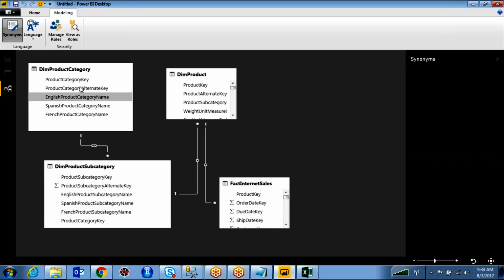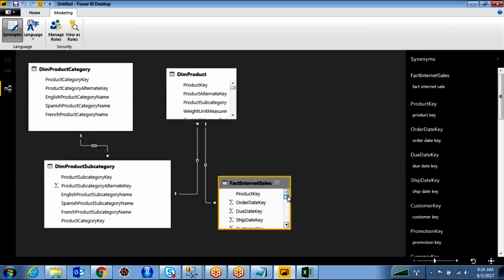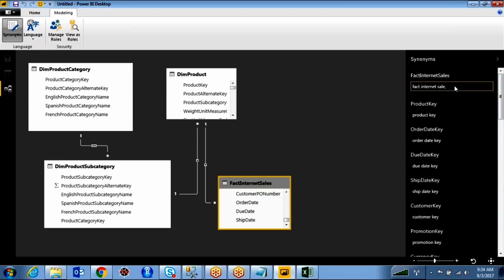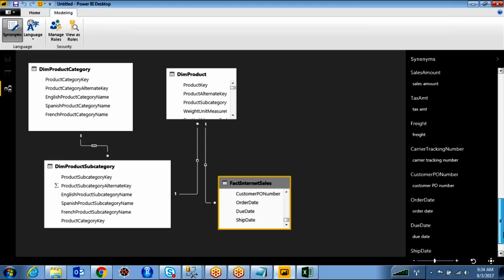For example, for this fact internet sales table, whatever columns you have inside it, all the list of columns are coming here. Synonyms means you can give different names for this one. For example, the table name fact internet sales, and here if you observe, there is sales amount. I am going to give one synonym, sales AMT. What is the advantage of giving sales AMT?